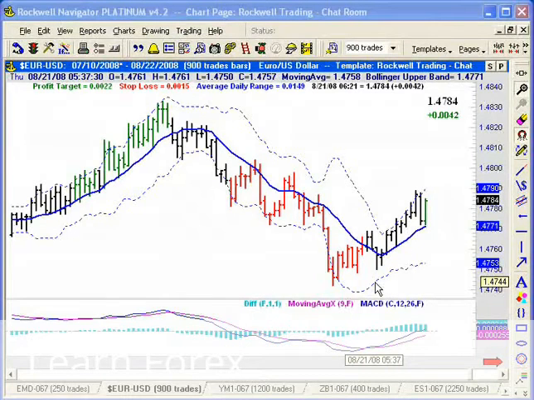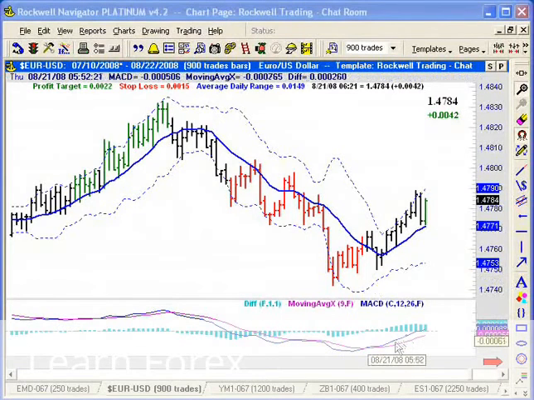So one explaining how to set up your charting software for this trading strategy, and the other one explaining the rules in more detail. Again, we're using the MACD to identify the direction of the market, and here's how we do it. We identify an uptrend when the MACD is above the zero line and above its moving average. So here in my charting software, it means that the MACD, represented here by the blue line, is above the zero line and above the purple line, which is its moving average.